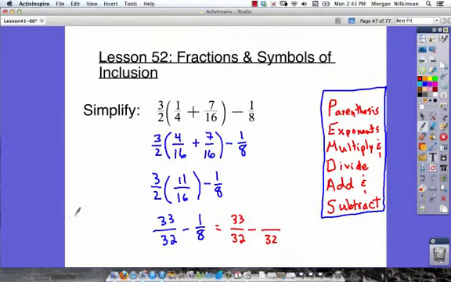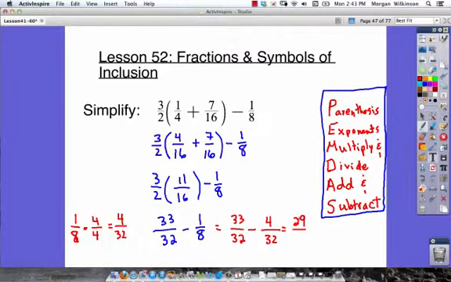Well, remember, if we're looking for equivalent fractions, we've got 1/8 times some fraction equivalent to 1 is going to be equal to something out of 32. We have to multiply 8 times 4 to get to 32. So our fraction equivalent to 1 is 4 over 4. 1 times 4 is 4, so we get 4/32. So we now have 33 minus 4. It's going to give us our answer of 29